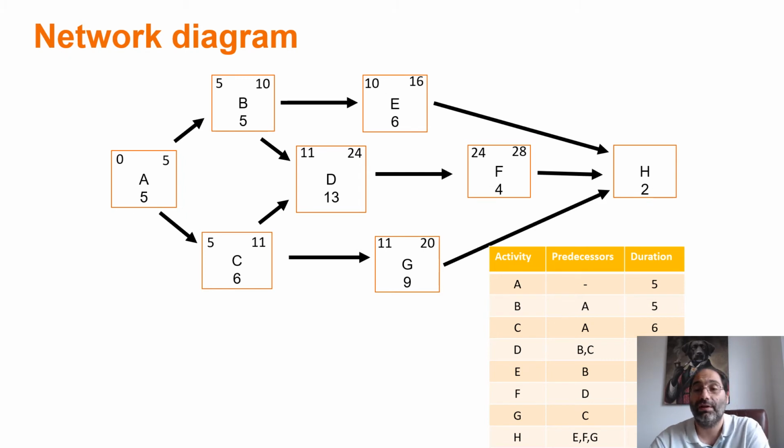Now, going to activity H, the last activity of this project, I have 3 predecessors with early finish times of 16, 28, and 20. As we said before, rule of thumb, when I do my forward pass, always choose the highest number. When I complete high, I choose high. So 16, 28, and 20, I choose 28. 28 add 2, 30 is the early finish time of the last activity, and that means that 30 weeks is the total duration of the project. I already know that this project is going to take 30 weeks.